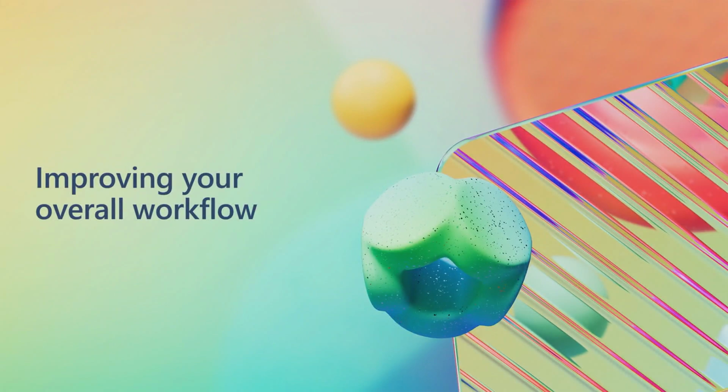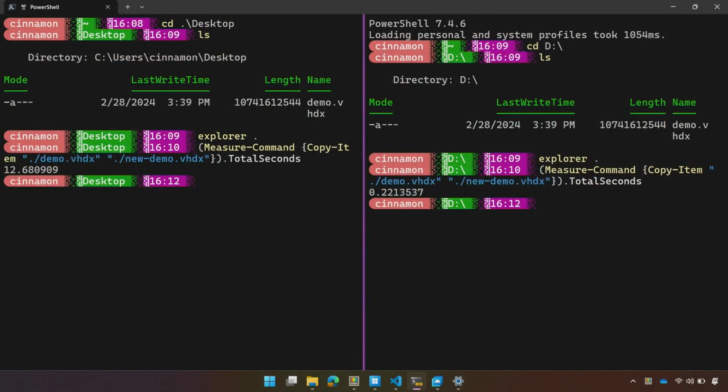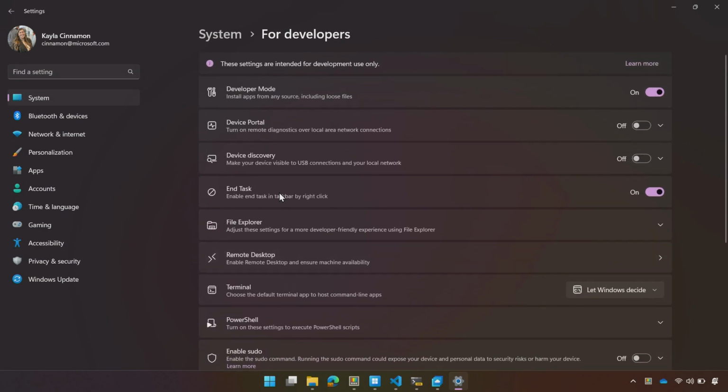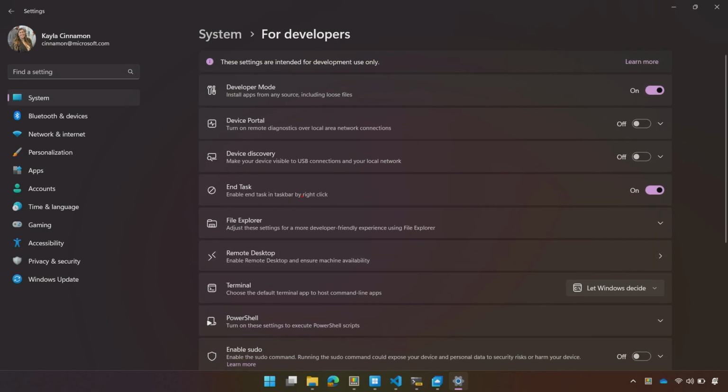We'll head over to my side of the house. And I'm just going to show a couple things that we've added to Windows that just make life a little bit easier. The first is going to be over in the For Developers page. We've added End Task right here. And this is really helpful when you're developing an app, let's say, and it hangs, but then you can't get rid of it because then that white bar comes on the top and it's stuck. And usually you have to go to Task Manager, find the process in the list that's jumping around, and then hopefully you click it and then you hit End Task.